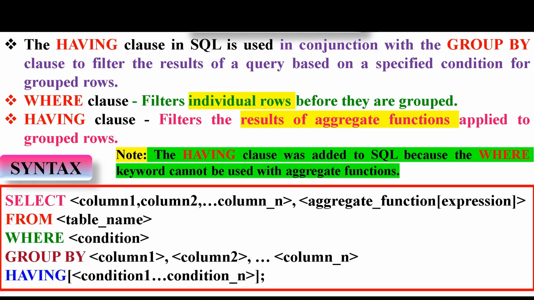Thus, if any aggregate function is to be used after the from clause in a select command, then instead of using the where clause, the having clause should be used. Note that the having clause was added to SQL because the where keyword cannot be used with aggregate functions. The syntax is: SELECT column1, column2, ..., column_n, aggregate_function(expression) FROM table_name WHERE condition GROUP BY column1, column2, ..., column_n HAVING condition1 ... condition_n;